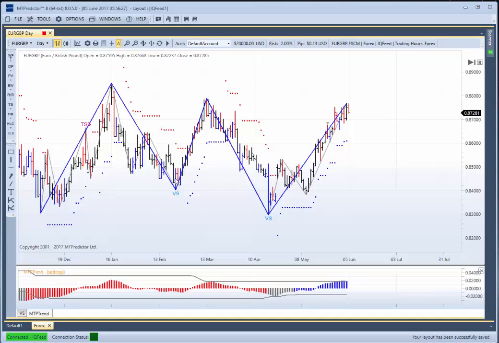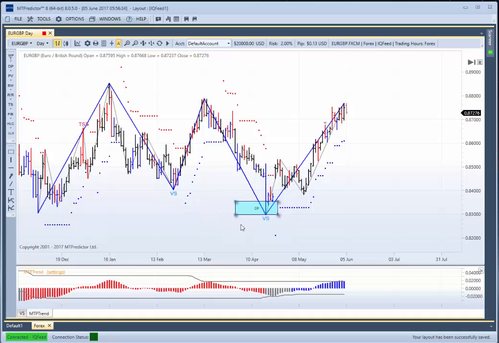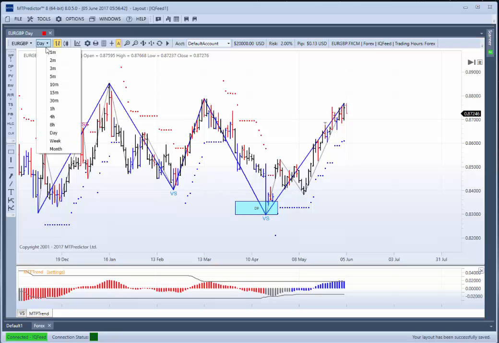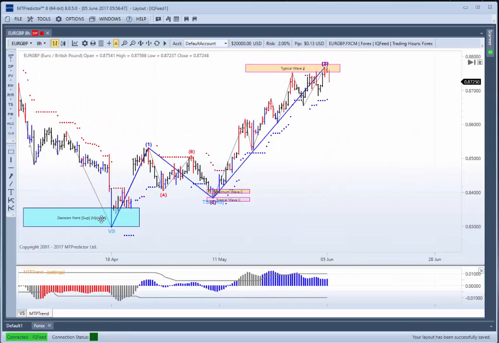So what I do is I look at the higher time frame chart. In this particular example, it would have been the daily. I then look for larger degree support and resistance areas. As you can see here on the daily, the EURGBP came into daily support. We then go down to the shorter time frame, and then we start our Elliott wave sequence at that higher time frame support or resistance, or in this case support. So that's where we start the sequence, because it is coming at higher time frame support.